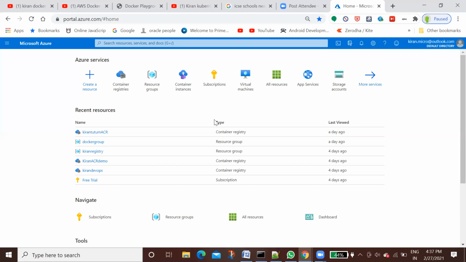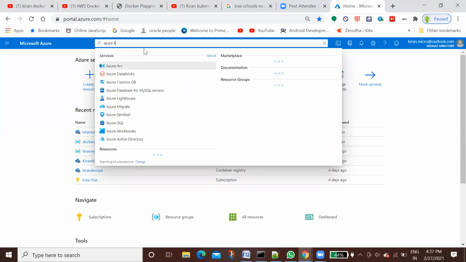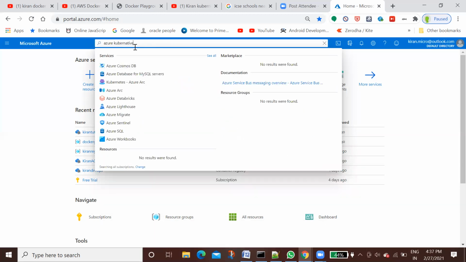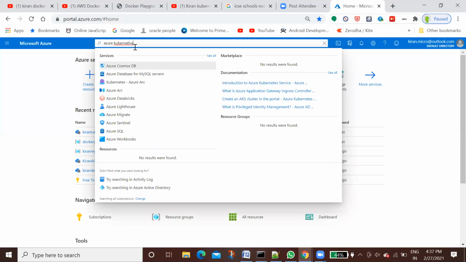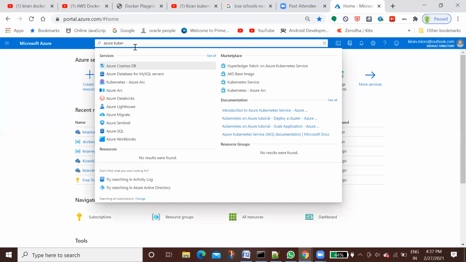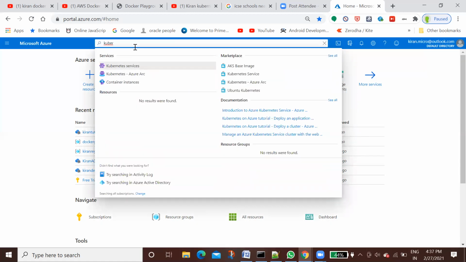Just go and type here Azure Kubernetes service. Only type Kubernetes. Click Services, Kubernetes service.